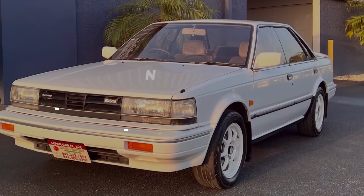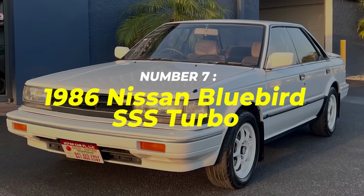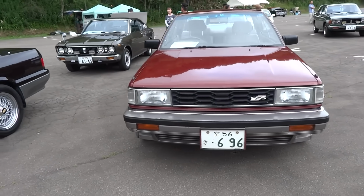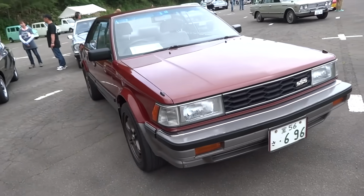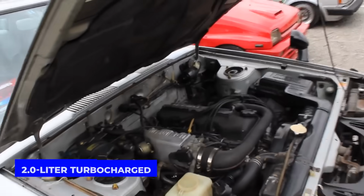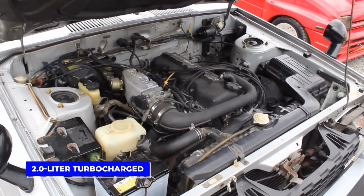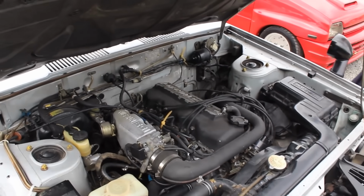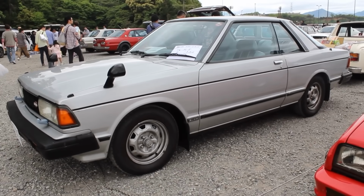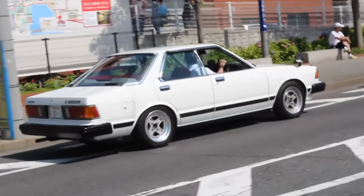Stay tuned. Number 7. 1986 Nissan Bluebird SSS Turbo. Moving on from the Isuzu Piazza Turbo, let's talk about the 1986 Nissan Bluebird SSS Turbo, another understated gem. With a 2.0-liter turbocharged engine, the Bluebird SSS Turbo combined practicality with surprising performance. The sleek yet conservative styling hid a car capable of quick acceleration and responsive handling, making it a sleeper in